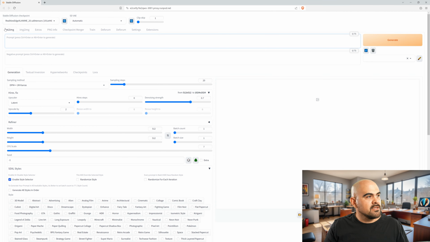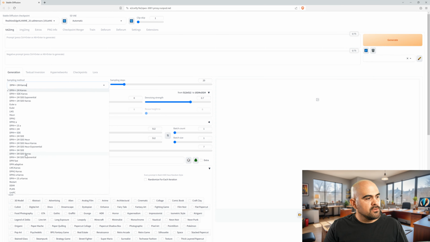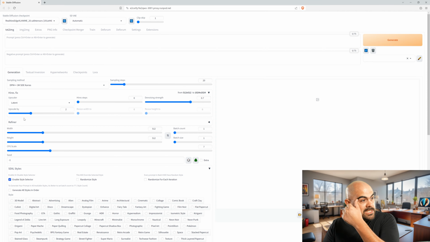All right, so I've loaded up the Reality's Edge. So this is the model that I've been using for a while when it comes to the comic book art. I'm finding that I'm getting the best results out of this. There are a couple of other ones that I've used, but I find that the ones that are dedicated specifically for US style comic books, they have a tendency of adding way too much detail, and I don't like the way that looks. So let's do my usual settings,